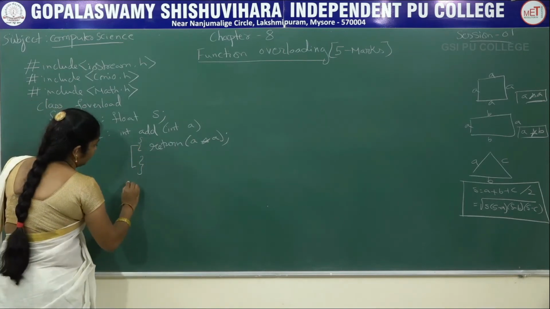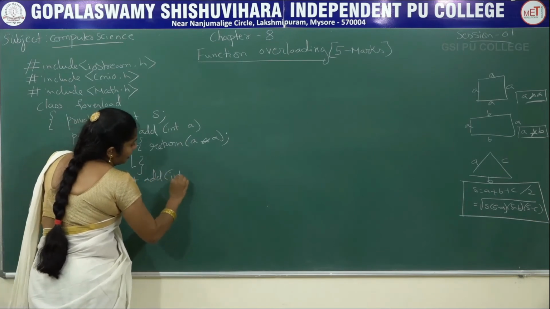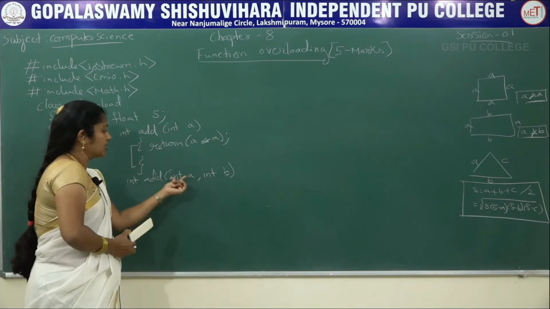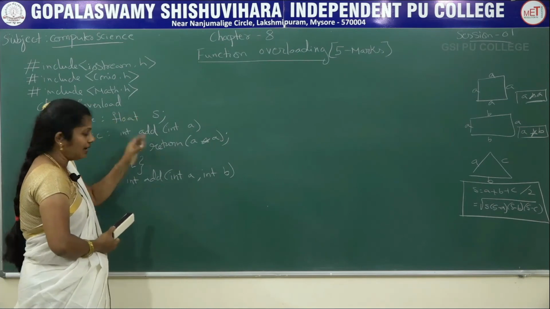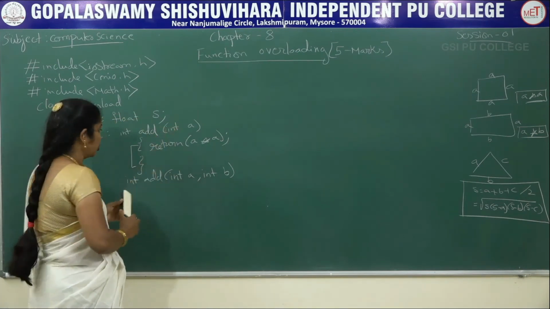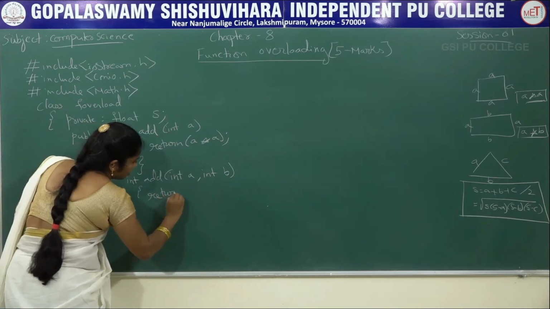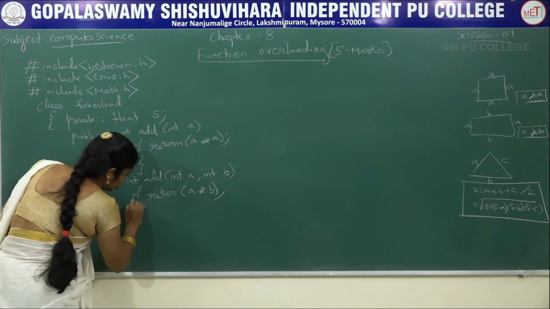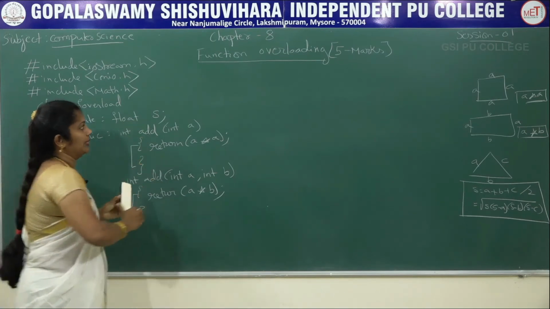Next one more function here we are writing int add only, here int a comma int b. Two arguments, both arguments of type integer, whereas in the first function also we have took the function name is add. Here also the function name is add only, but here two arguments, here we have one argument. Here we are return a into b. Close this function. Here two functions we have took, one is add, here also one is add.